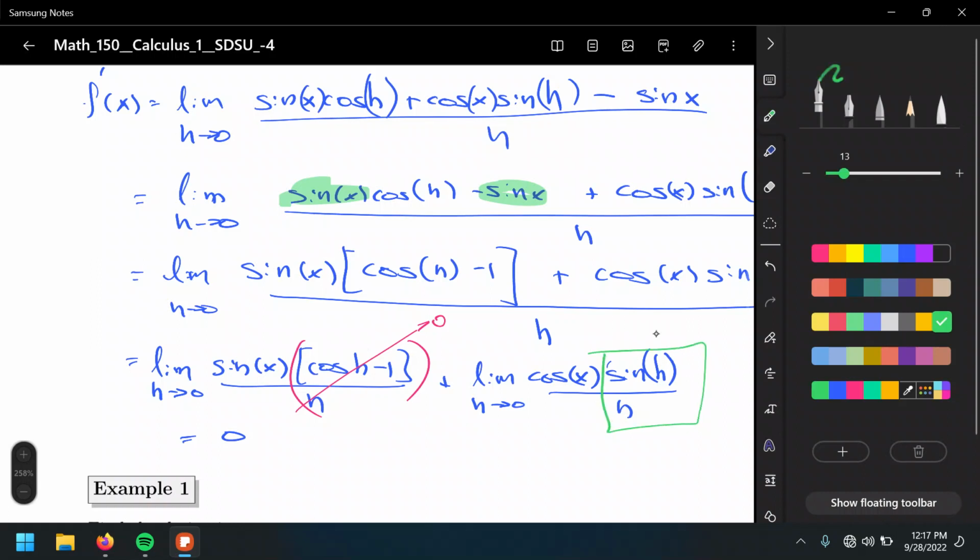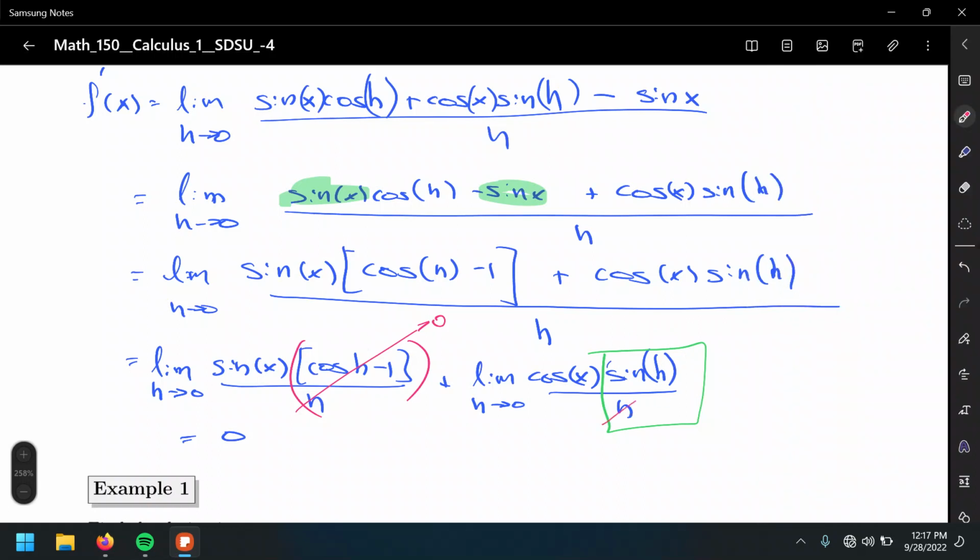What's sine h over h? Isn't that a special limit? And if so, what's that? Isn't that equal to 1? So what is 1 times cosine? Just cosine. And this is how we show that the derivative of sine